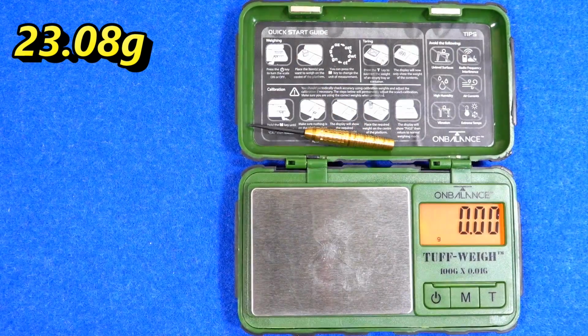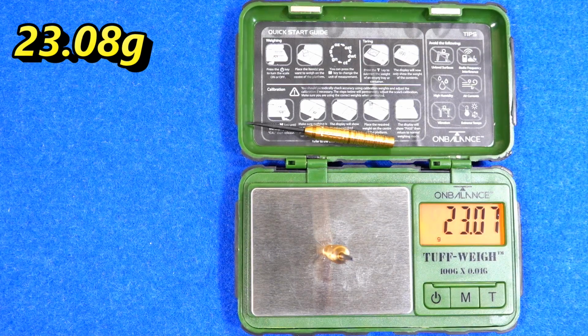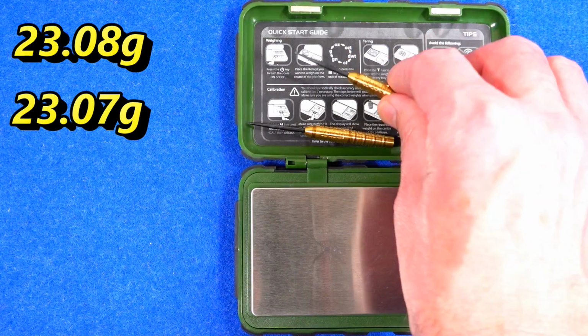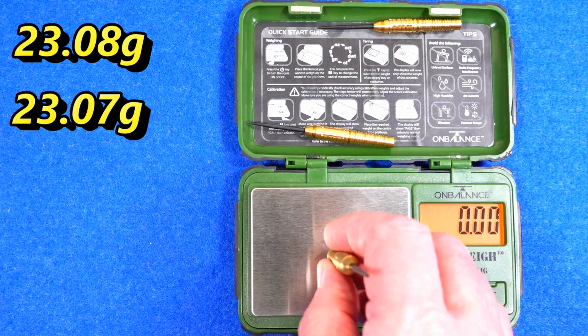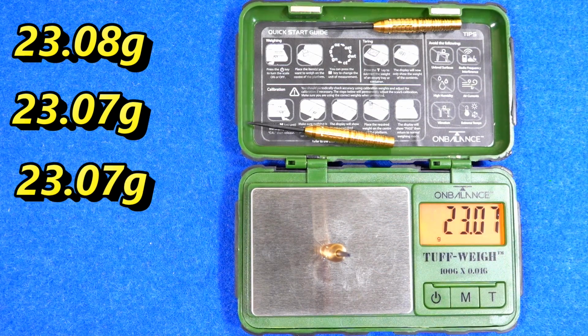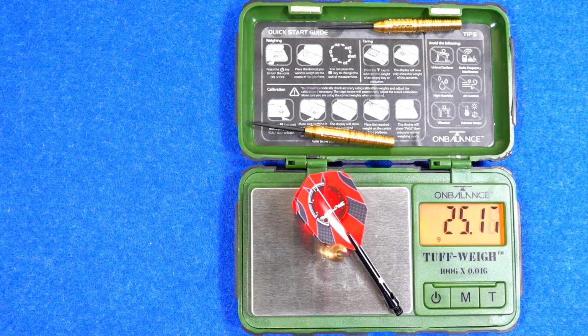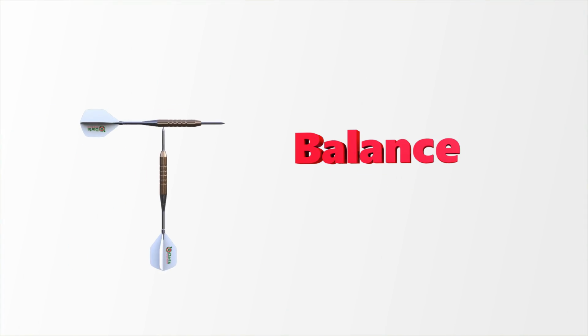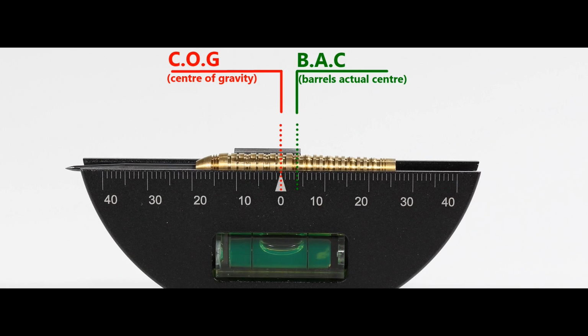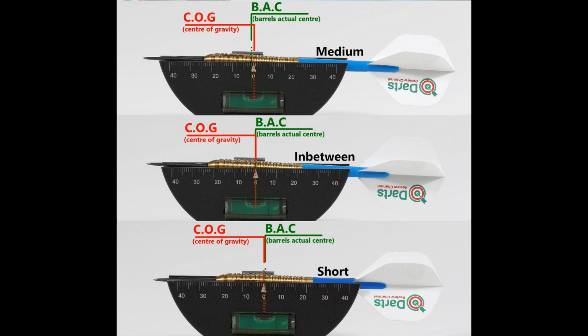23.08 grams. 23.07 grams. And 23.07, nearly perfect. Full setup, 25.16 grams. Here's the balance with nothing attached and with the supplied setup, and this is the balance with medium in between